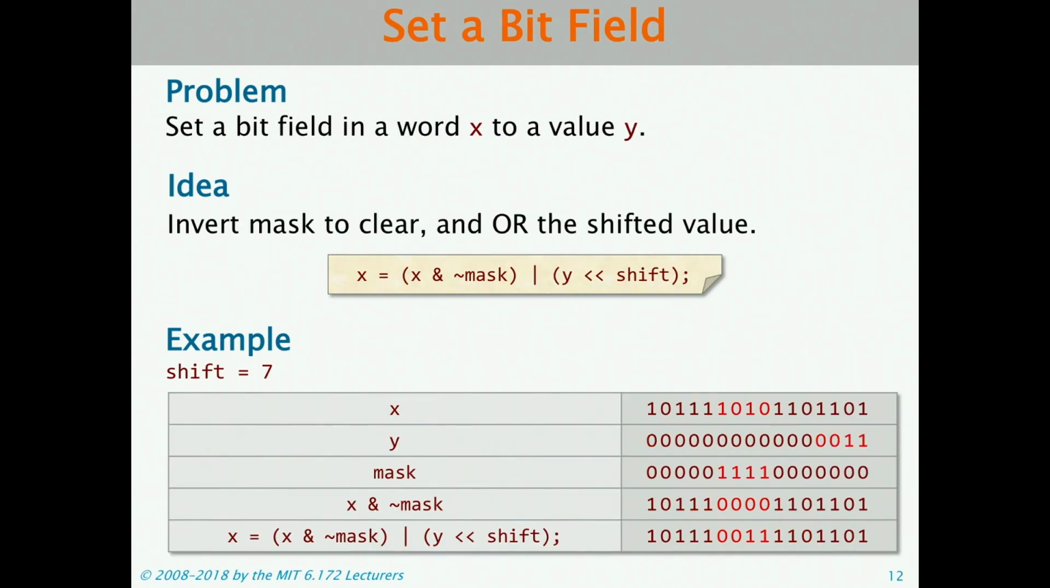You can also set a bit field in a word. So let's say we want to set a bit field in x to some value y. The idea is to first invert this mask to clear those bits we want to set in x, and then we OR in the shifted value of y. So let's say we have these 2 words, x and y here. We're going to generate the mask as we did before, but now we're going to flip all the bits in the mask by taking the 1's complement,